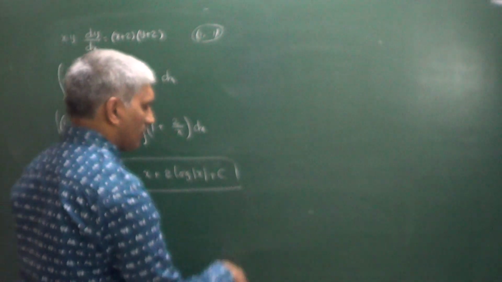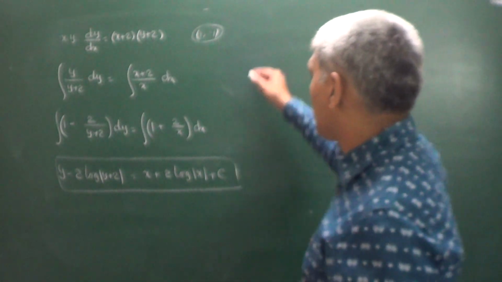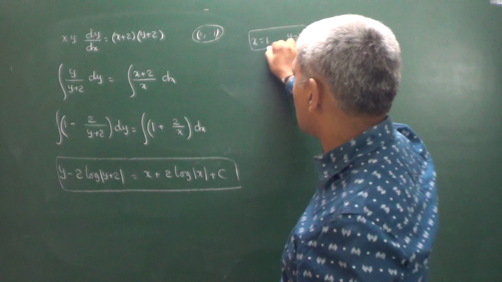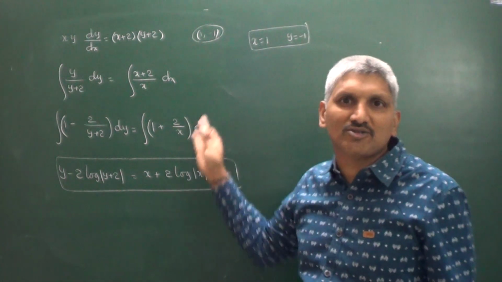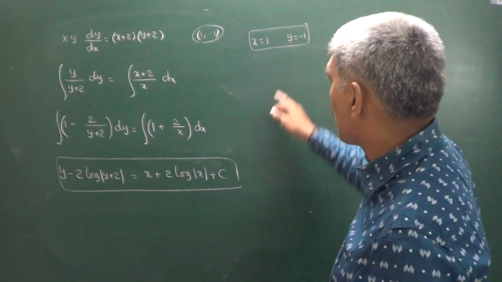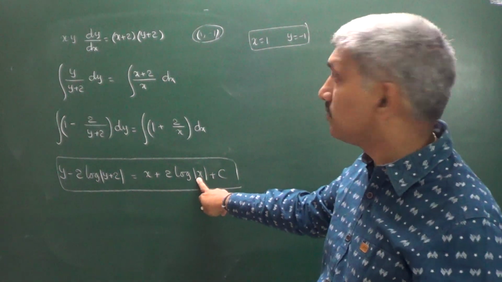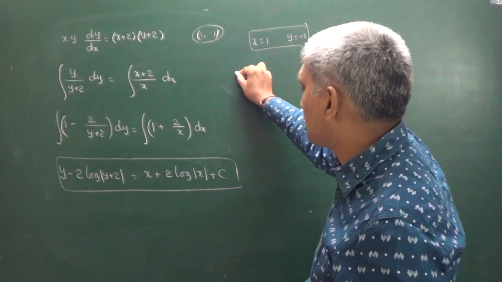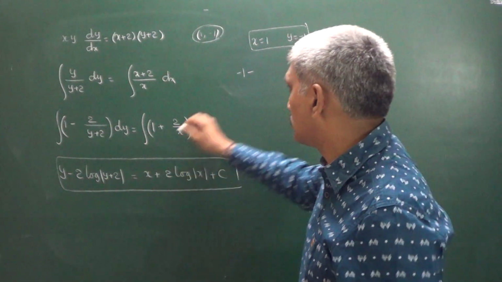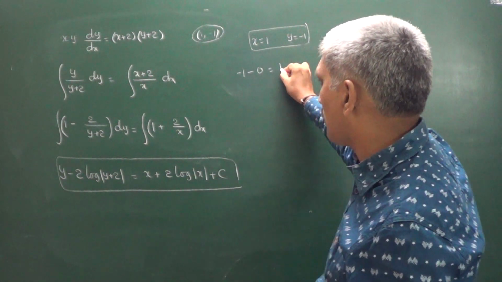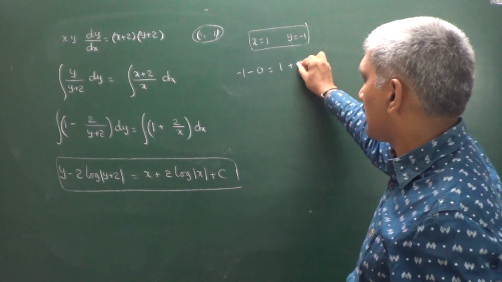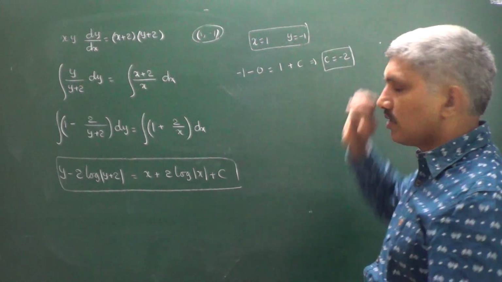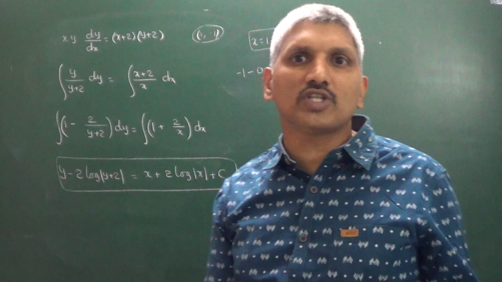Now what to do here? For finding the particular solution, the information is given as when x is equal to 1, y is equal to minus 1. That is the information given, because the curve is passing through the point 1 comma minus 1 given. Now put x is equal to 1, log 1 is 0. Put y is equal to minus 1, log 1, here also you will get 0. That's why you will get minus 1, this term becomes 0, is equal to, in place of x we are writing 1 plus c. So we got the value of c is equal to minus 2. So in particular solution we are going to find out the c value only.